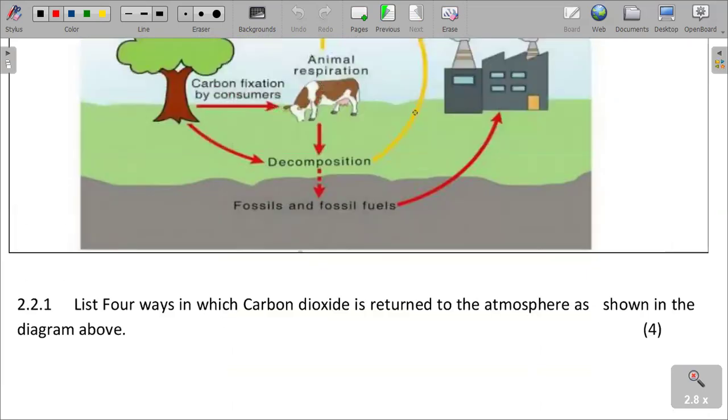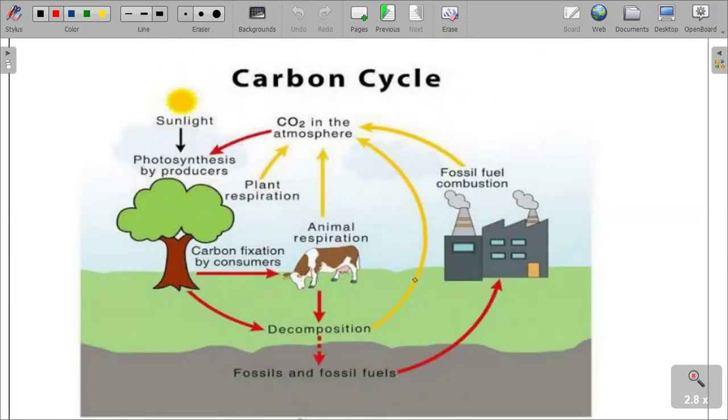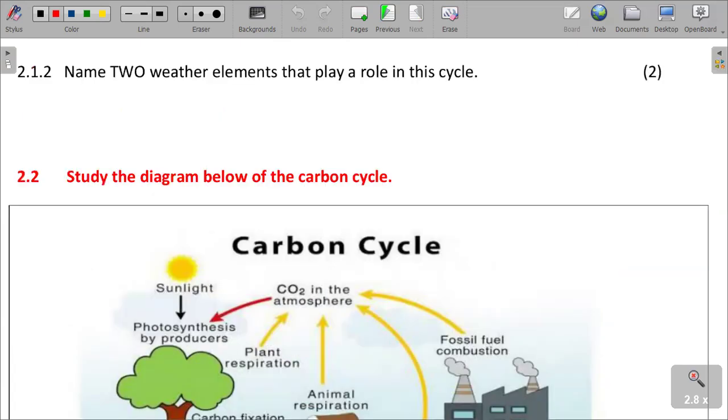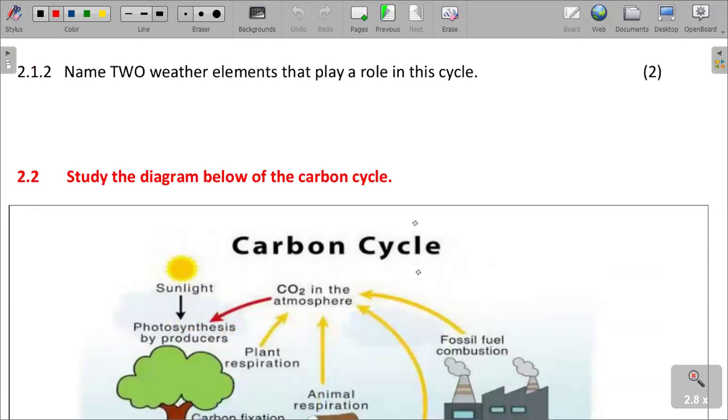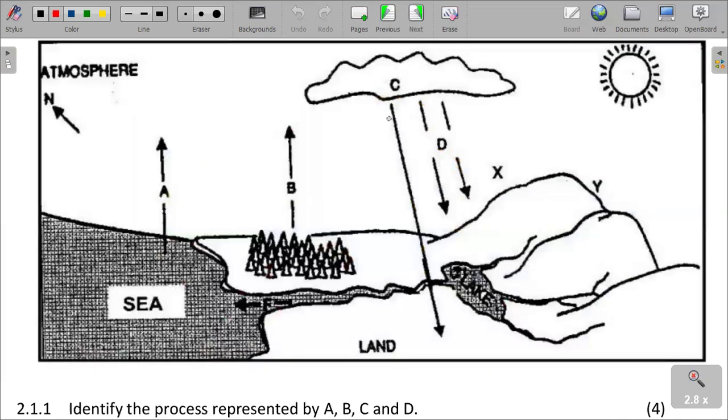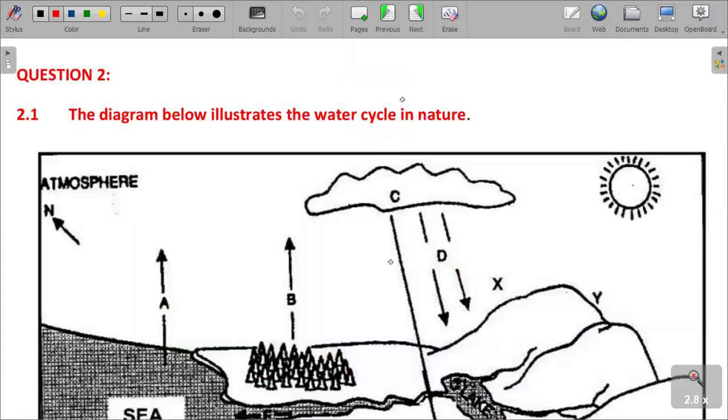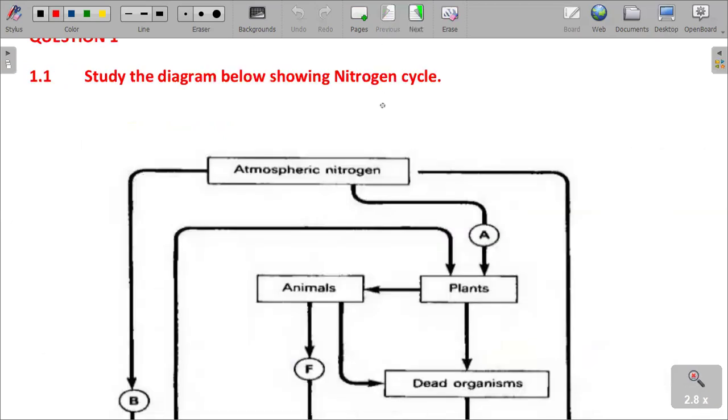So without wasting any time, just look forward. We are going to discuss the carbon cycle, and then we talk about the water cycle, and then finally we'll talk about, obviously the first one is, the nitrogen